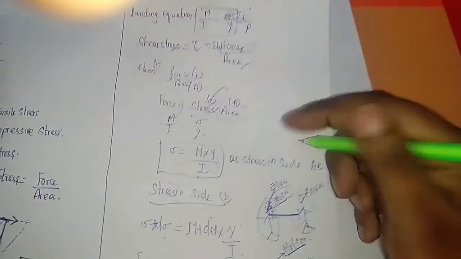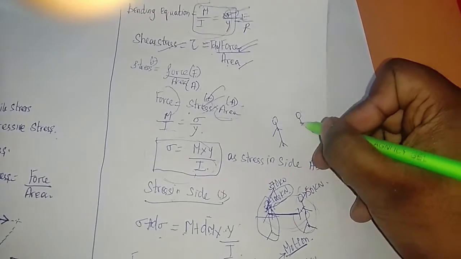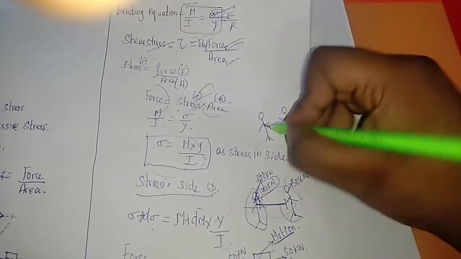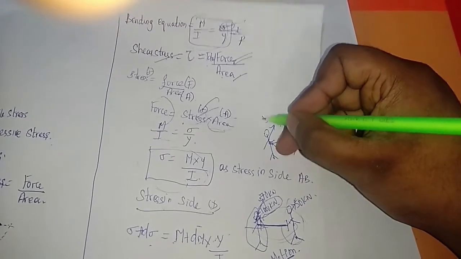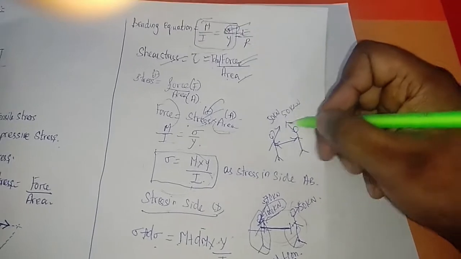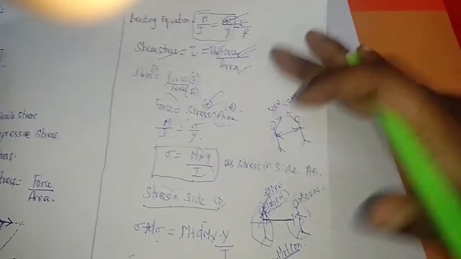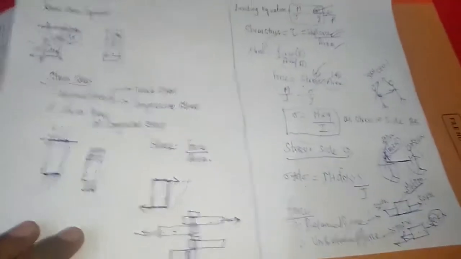For balanced force, the same thing I can tell you. Two people are standing opposite to each other and they are pulling a rope. Both people have the same strength, like they are putting a force of 50 kilonewton, for example. What will happen? They will stand still. There will be no motion or movement, right? So that is known as balanced and unbalanced force.